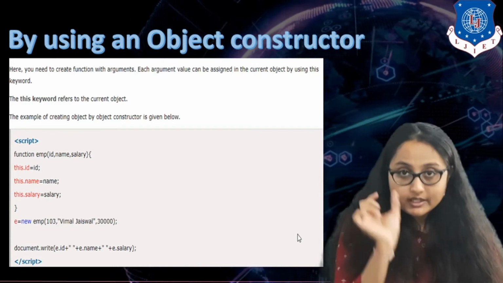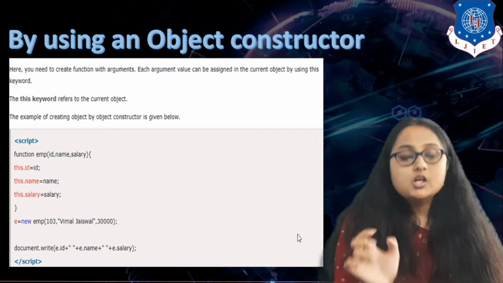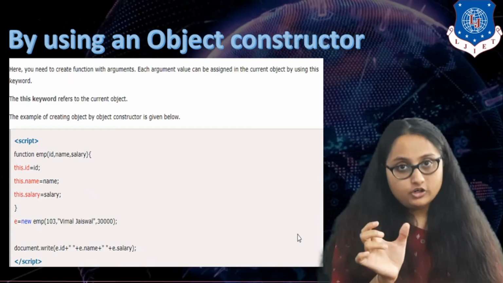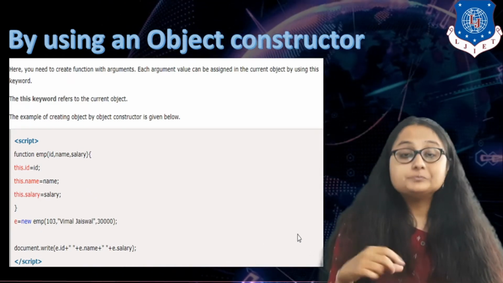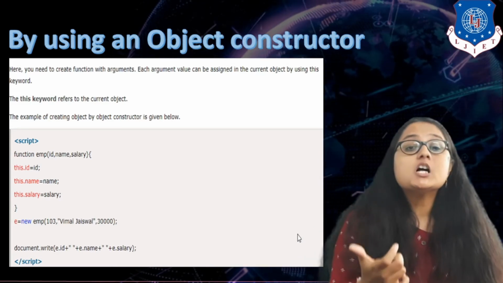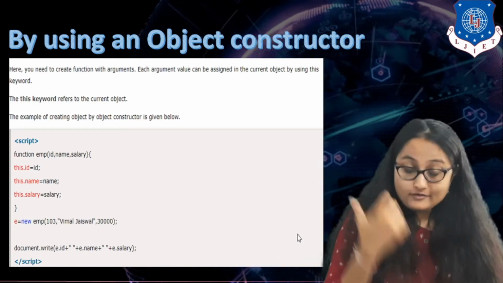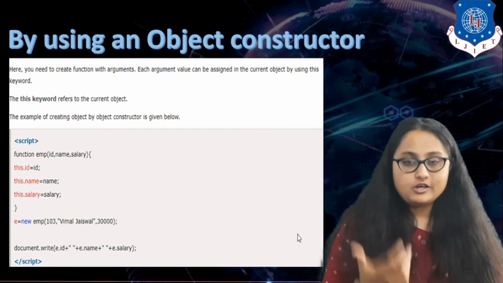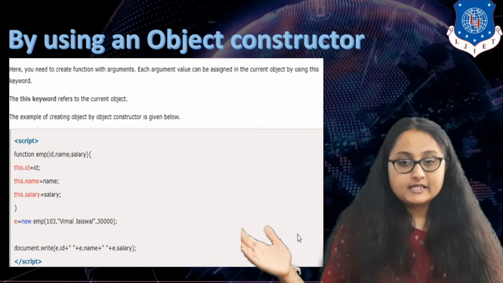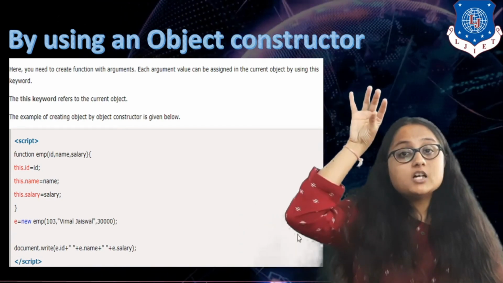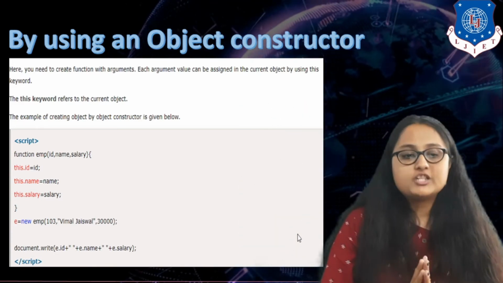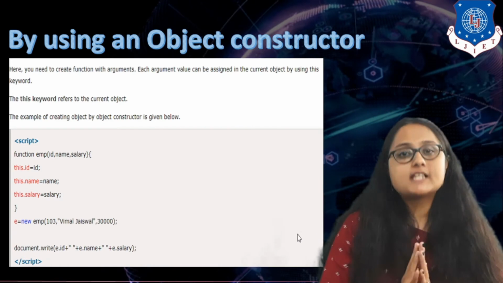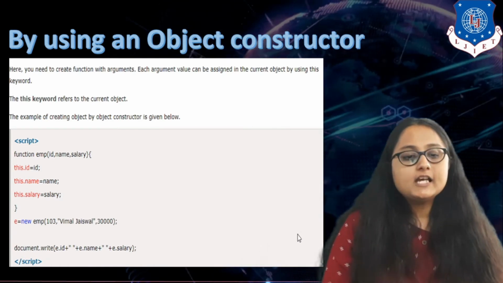You will have to create a function by using the function keyword, the syntax of which you are already aware. You have to create a function with arguments, pass values in the arguments, and assign those argument values to the current object by using the this keyword. Let us see how to do so.